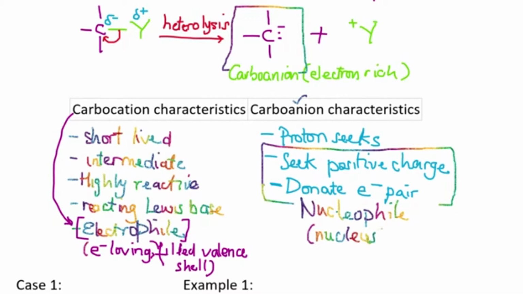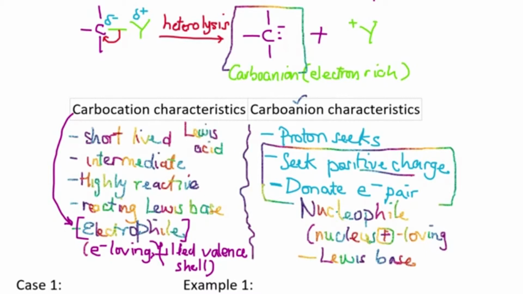The charge is positive, so they will seek positive charge in this particular part, and they will be able to act as a Lewis base, while on this other side they act as Lewis acids,